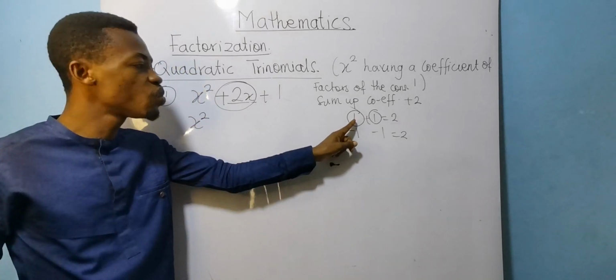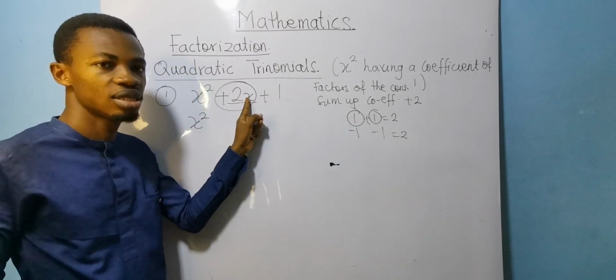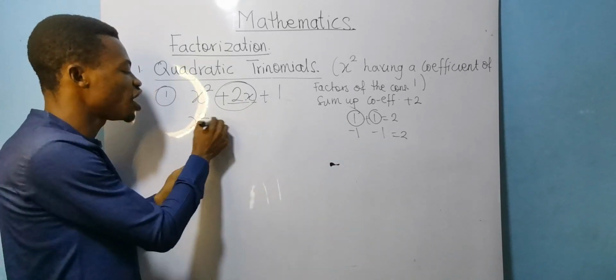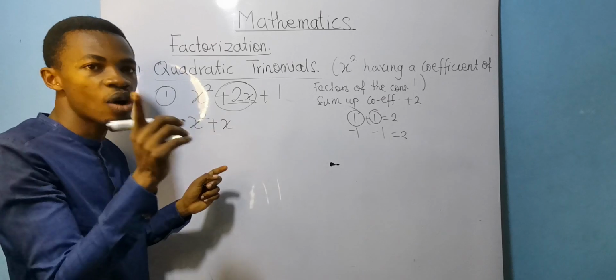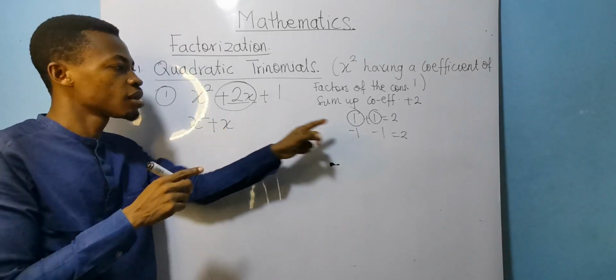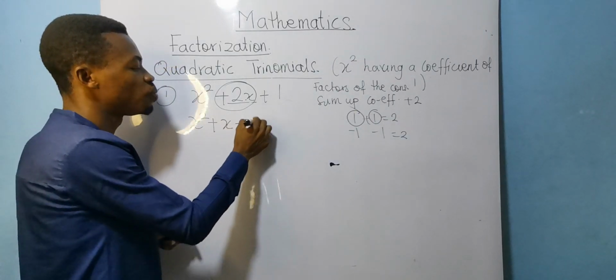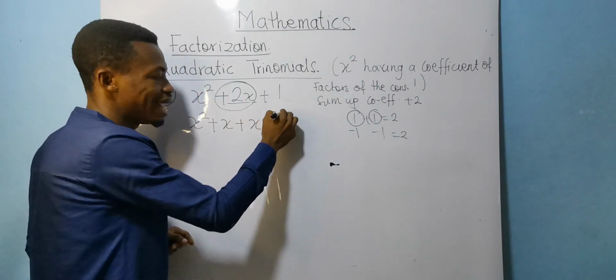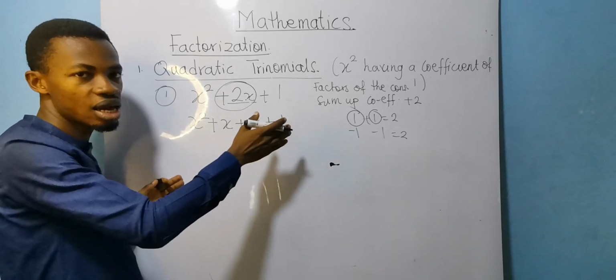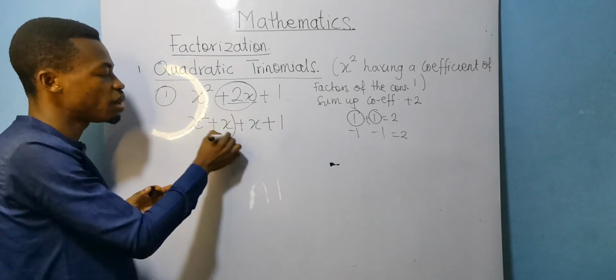Now, the next thing is, we cannot write 1x because x has a coefficient of 1. So here, we are going to have plus x, but we ensure that the coefficient is 1. The other one is also plus x, then plus 1. Having obtained this, we now factorize. So here, by grouping,